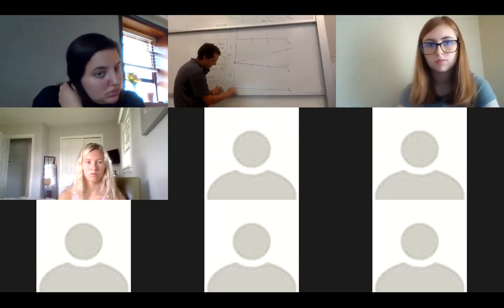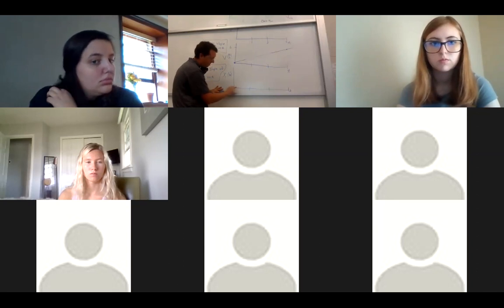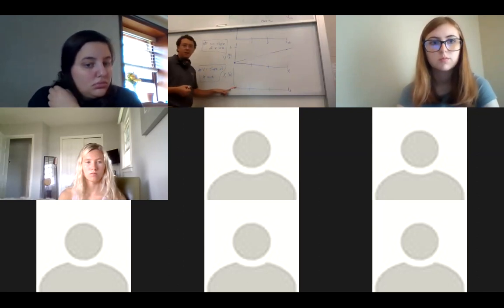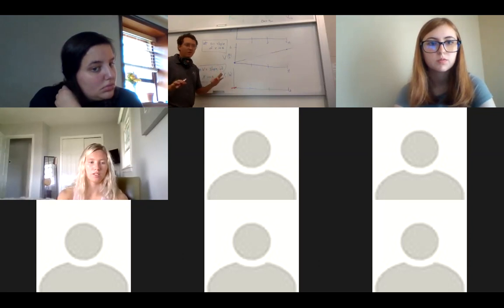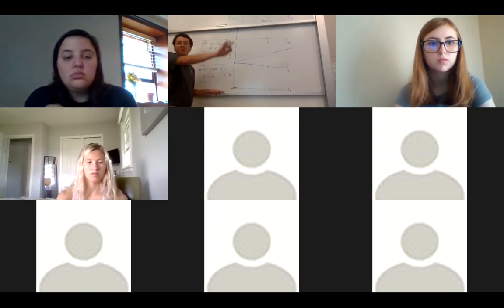So the slope here, is that visible at all? Madeline, is that okay? I don't know if you can see that at all. No? You can see it a little bit, but it's still kind of hard to see. Okay, I just need for you to see a little bit, and then I'm going to draw over it